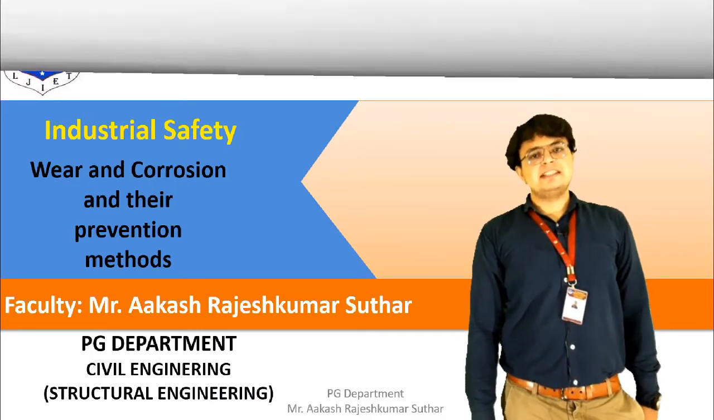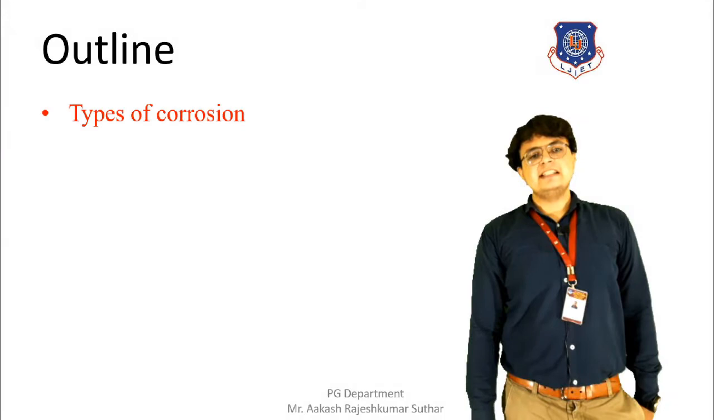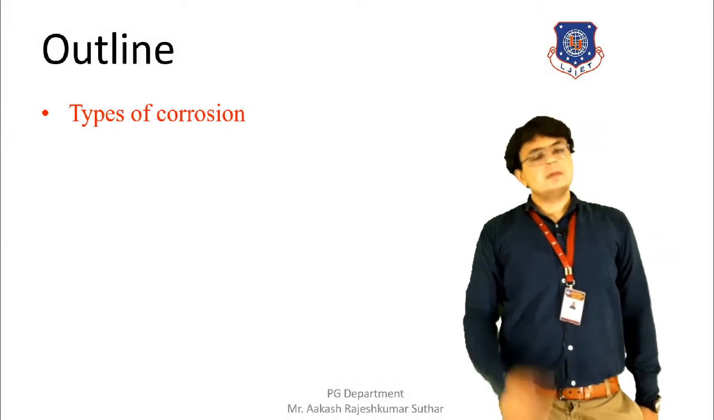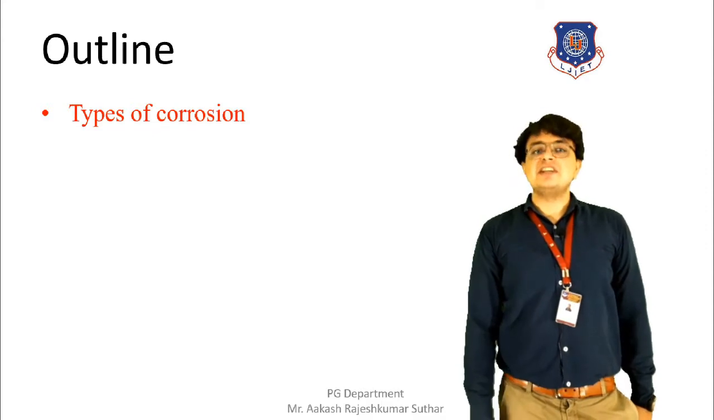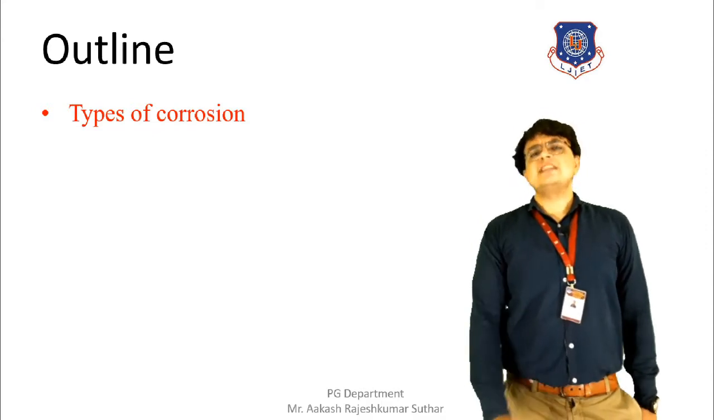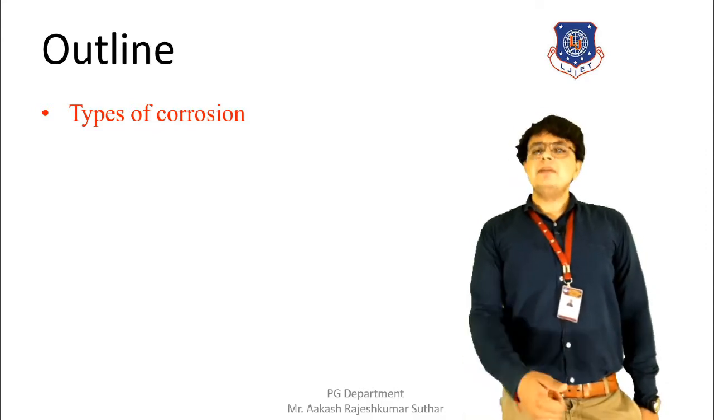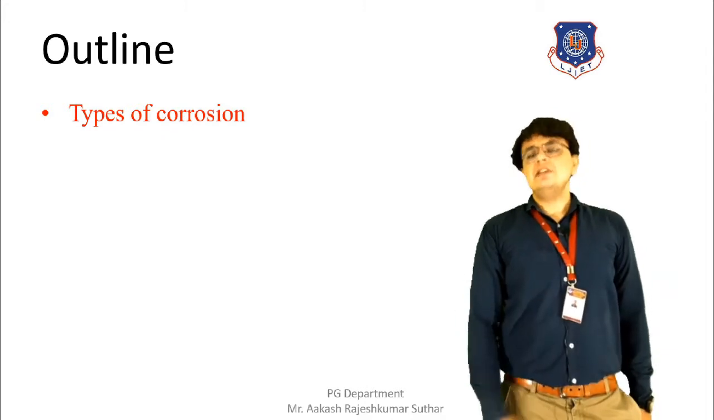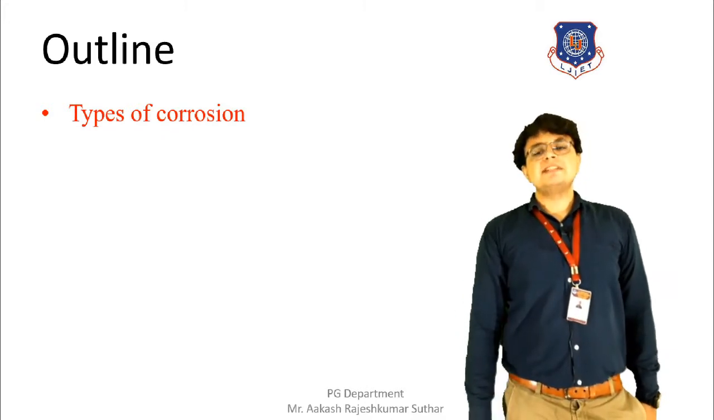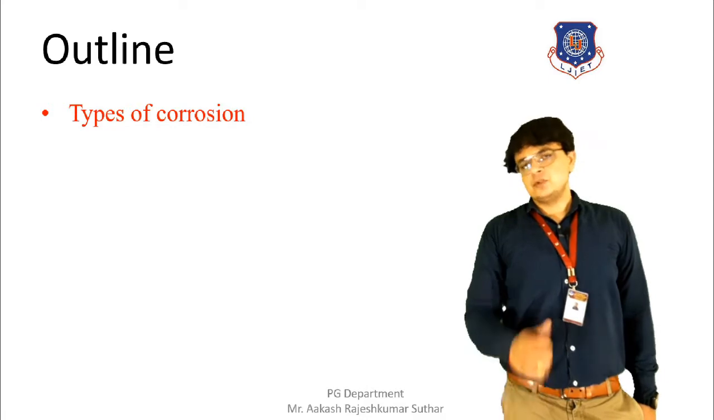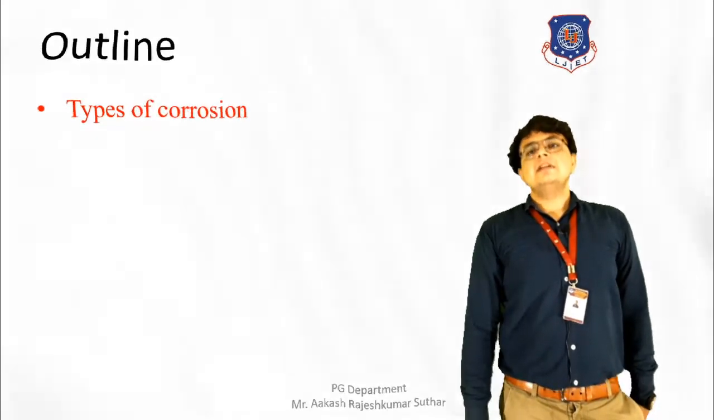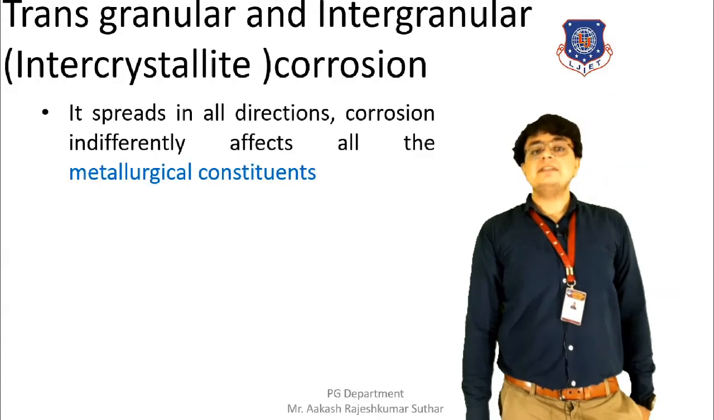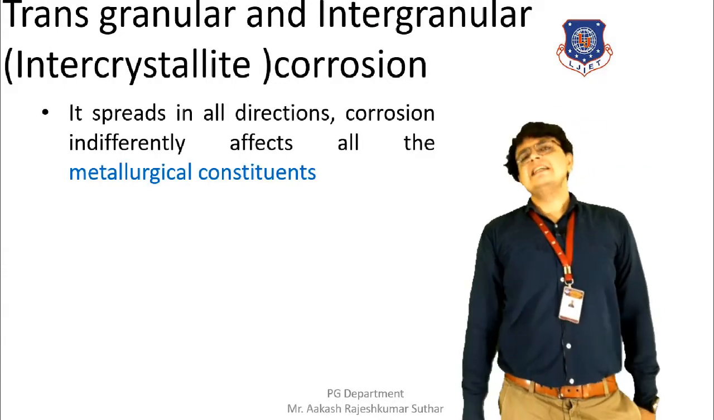First of all, we will see the outline. The outline is nothing but the types of corrosion. All the types that we have listed in the previous session we will be discussing in this session. Some of them we will be discussing in this session, and some of them in the next session. So let's start with today's first type of corrosion, and the first type of corrosion is the transgranular